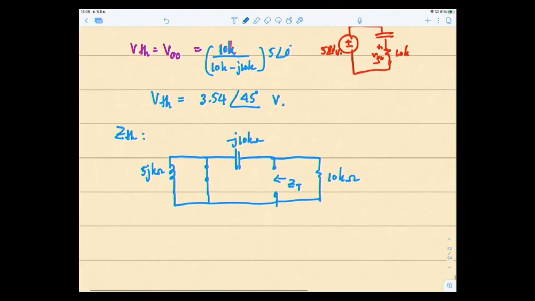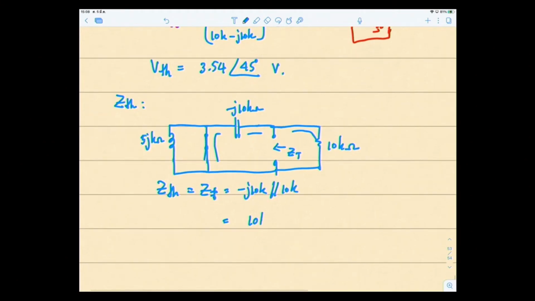Okay, so what do you see? If you imagine there's a current flowing through, current comes out from here and goes right here, so the 5 kj is shorted out. So you have only minus j10K, and another current goes like this, so 10K. These two are in parallel. So your ZTH is equal to Z total equal to minus j10K parallel with 10K, so equal to 10K times minus j10K over 10K plus minus j10K, equal to 7.07 angle minus 45